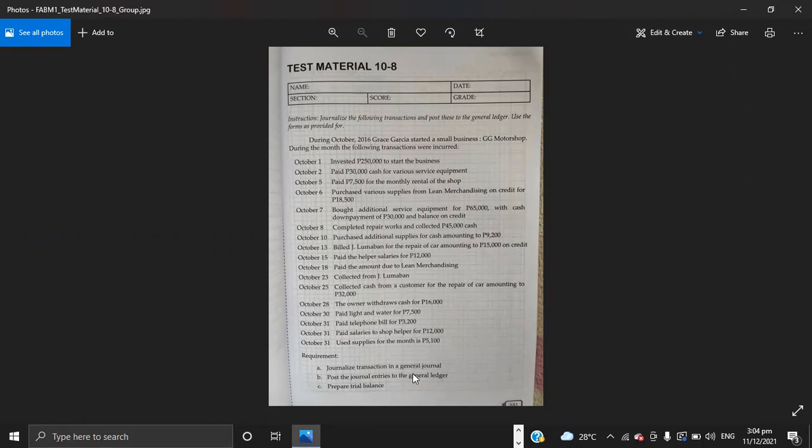Okay, so pag gumagawa kayo ng general journal, make sure na pag inadd nyo lahat ng debit nyo at inadd nyo lahat din ng credit nyo, yung sum ng debit at credit nyo ay tama or balanse. So, more likely, malaki yung percentage na tama yung ginagawa nyo. No? But not all the time. Pero most likely, pag ganun, tama na kayo.